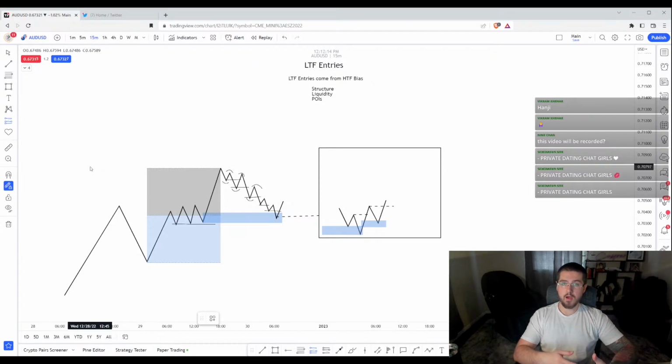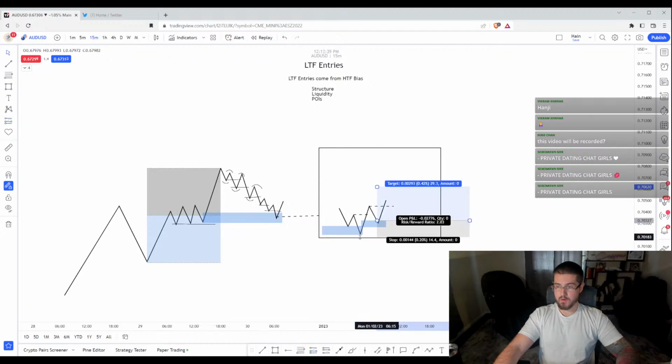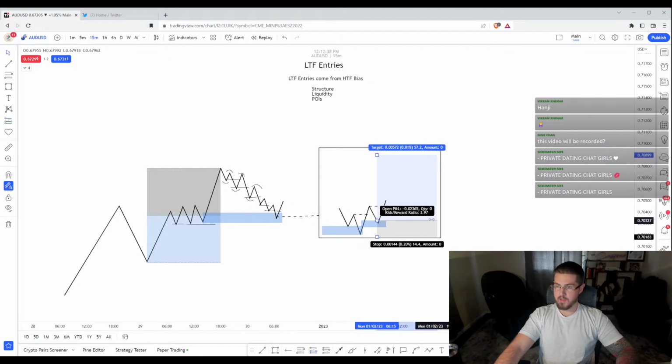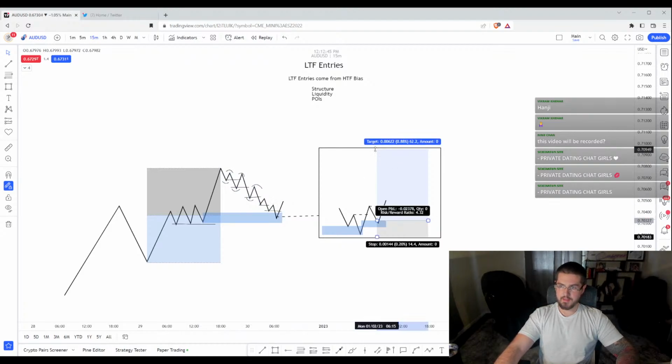Again, your entry model is important, but what's more important is the narrative that you're basing it on. So sometimes the breaker block trader is going to get a better entry and better risk to reward if they use a tight stop. Sometimes the order block trader will get left behind, but it's more about, over a series of trades, what works the best for what you're trading. So let's say you did this and you extended your target, however high this high up here was. It'd be much higher risk to reward relative to this example,